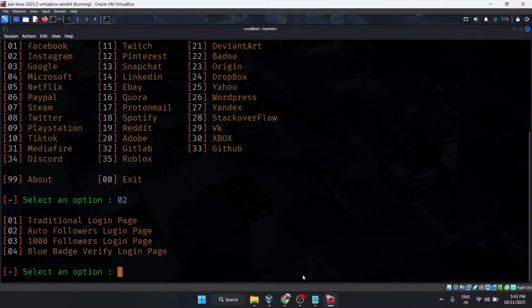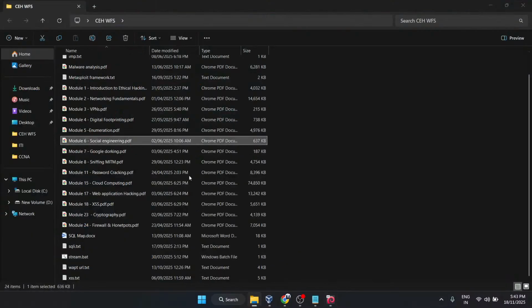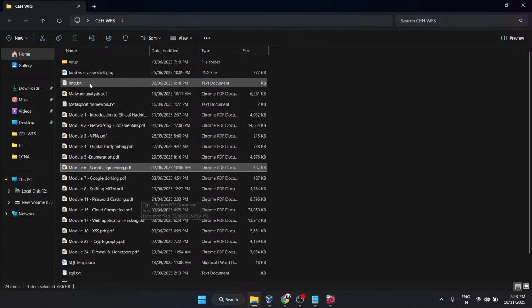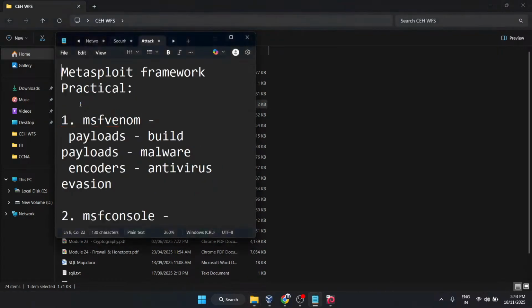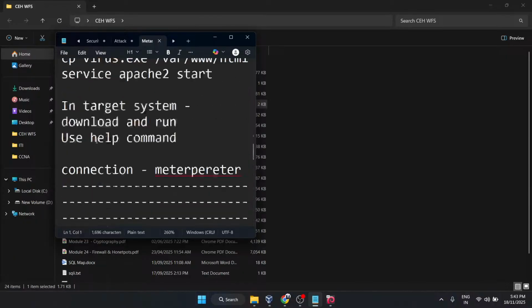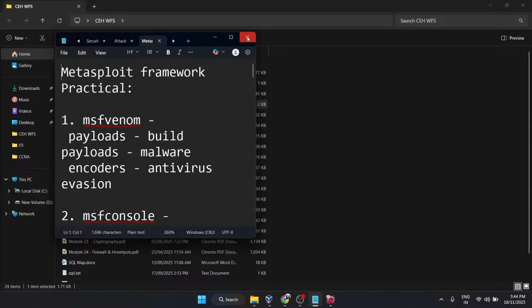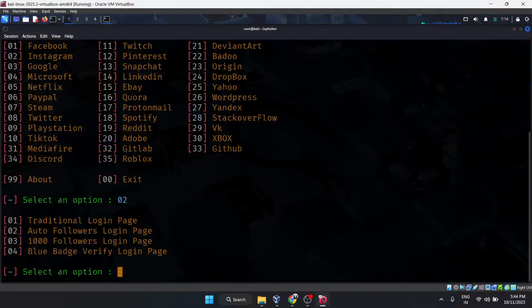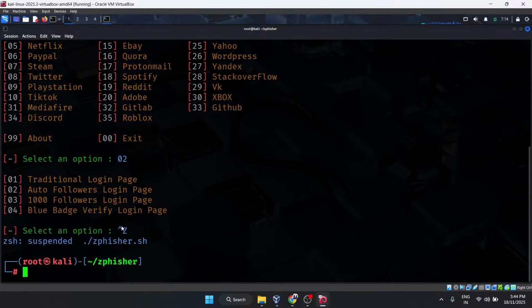That's what we are going to start very soon, after Google dorking and the man in the middle attack. I think the next one, in between these eight to ten, is your Metasploit framework, as much as I remember. Here is the Metasploit framework. We will study all of this. This part is all practical only, there is no theory in Metasploit framework. Let me show you how it looks.